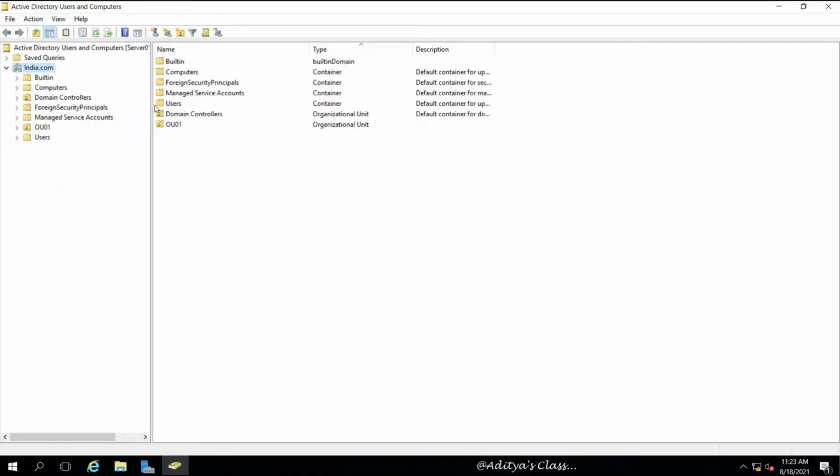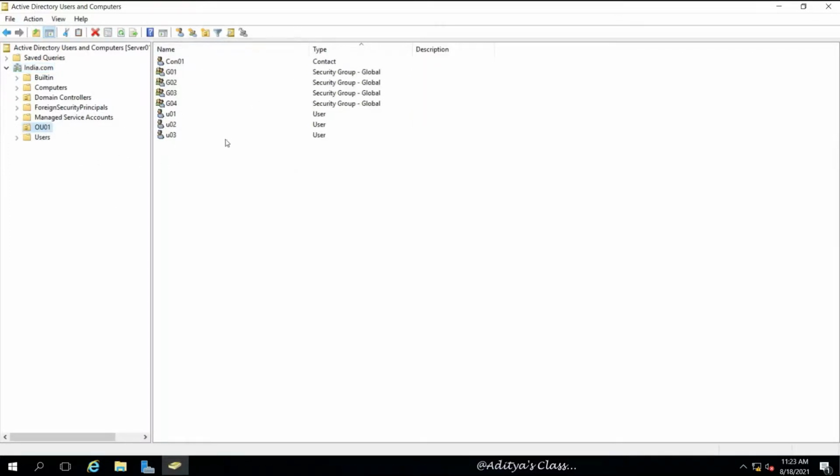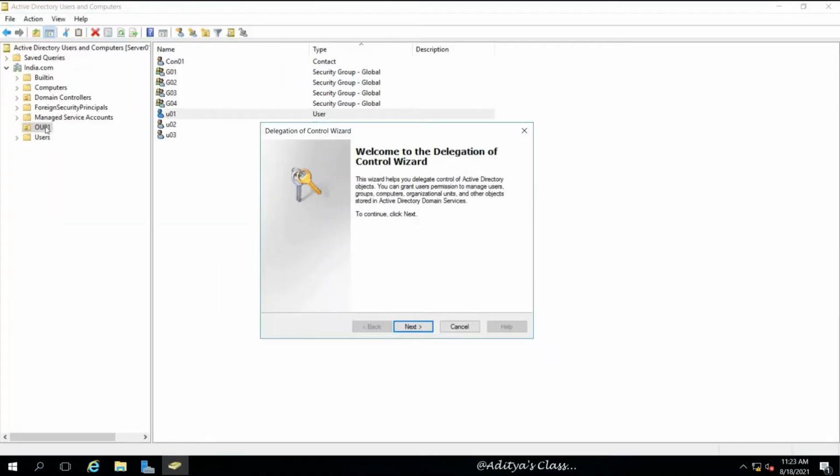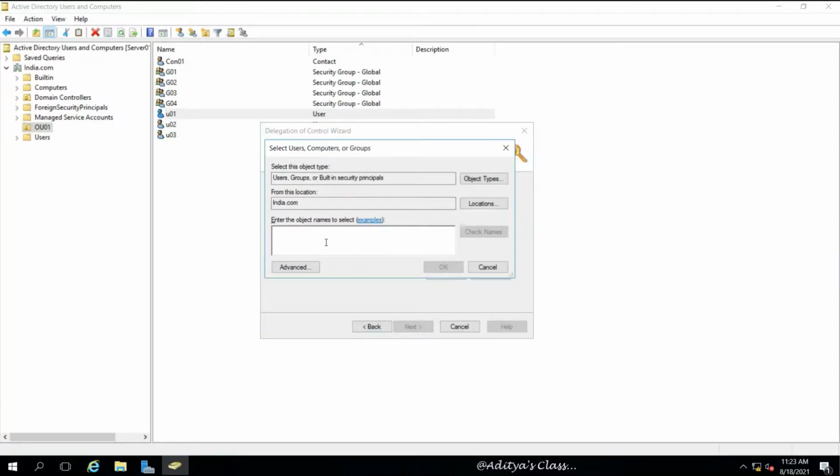Now let's check one more option. Say I want to make user 01 act like an administrator, with some administrative privileges on OU01. So we right click on OU01 and then click on Delegate Control, click on Add, select user 01 and click OK.